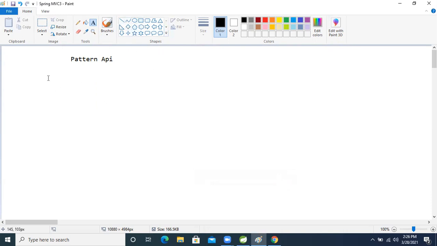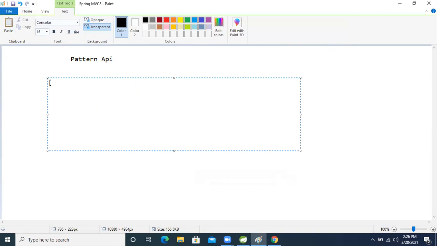Inside, we write an open bracket and a close bracket. Whatever expression we write in the brackets, for example, if my API should only accept capital letters A to Z, right? If we give A to B, then our Pattern API will accept only A to B letters. If we give A to Z, then all letters between A and Z our API will accept.